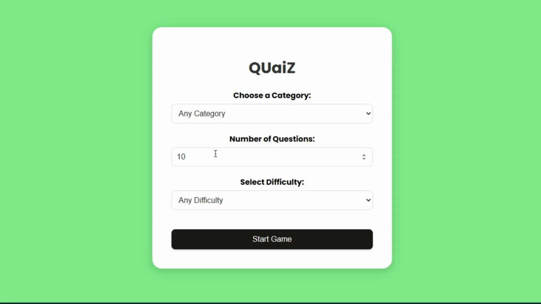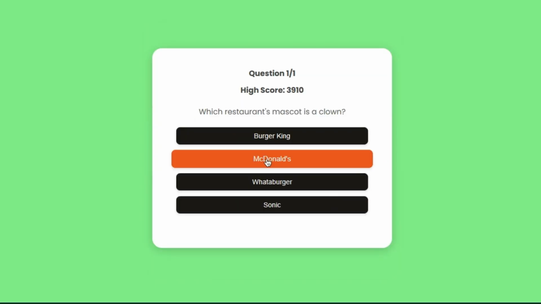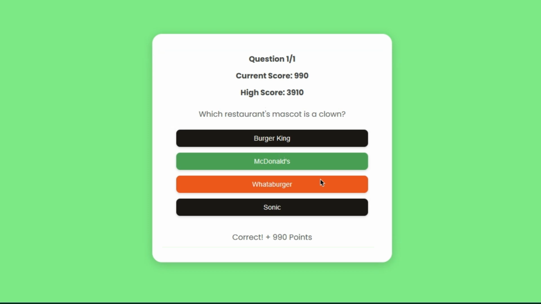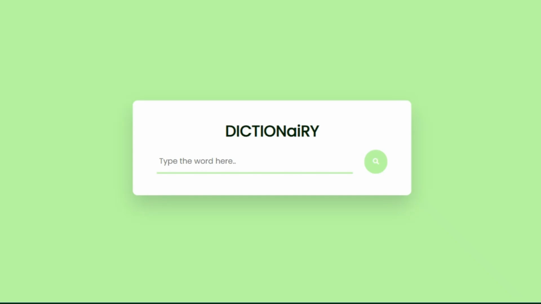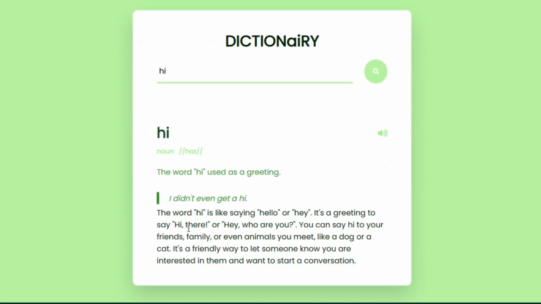And another app, which is a quiz app where you can enter the category, number of questions, and difficulty level, and after attending the quiz, it will give the high score, current score, and an amazing trick to memorize the question or remember the question forever. The other tool I made is a dictionary with an AI in it. So if I enter any word and search for the meaning, it will give the normal dictionary meaning but with